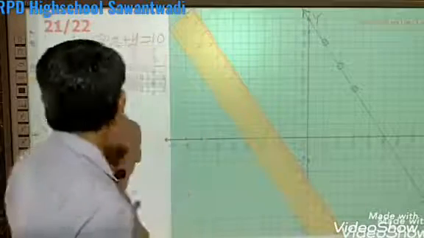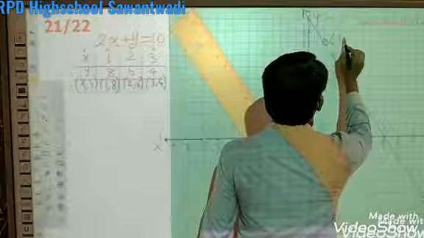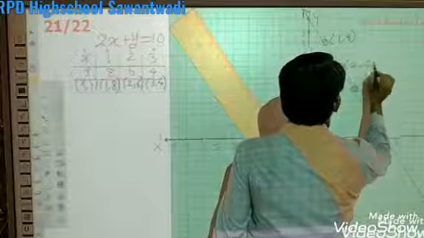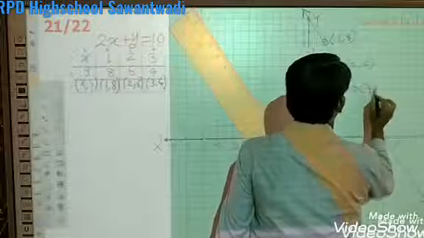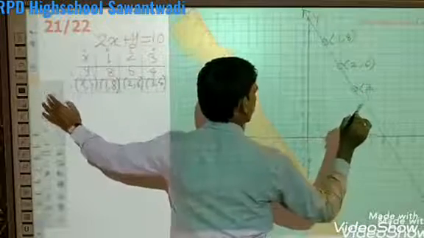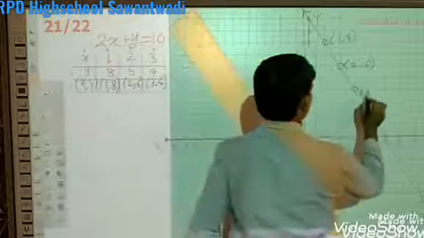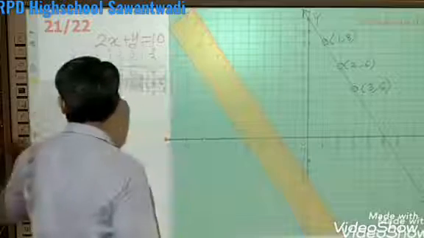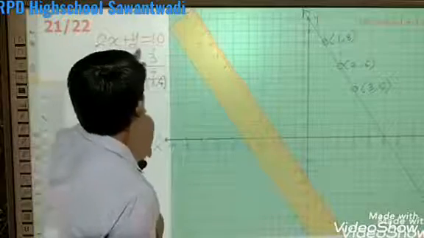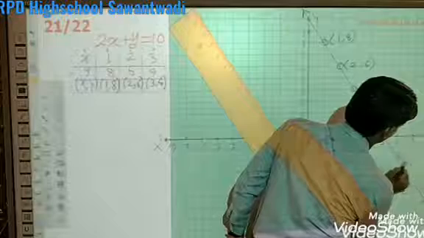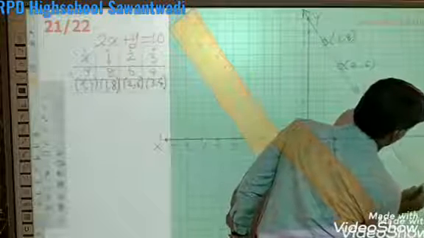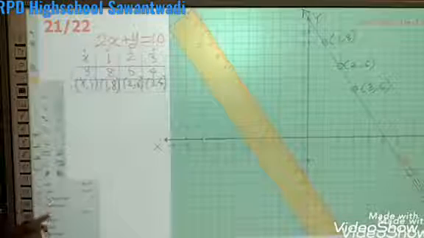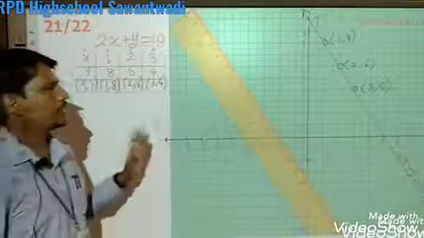And in this equation, one more thing, 1, 8. Let us write here 1, 8. Better you put these coordinates here. So you will understand exactly which points are shown at which place. So if something is missing over there, then easily you will understand. So this is the graph of the equation 2x plus y is equal to 10. So here you will write 2x plus y is equal to 10. Is that clear?